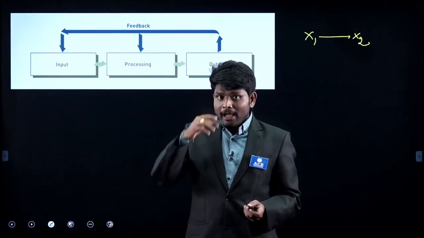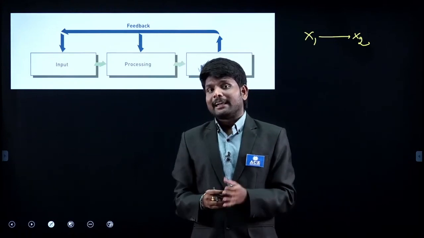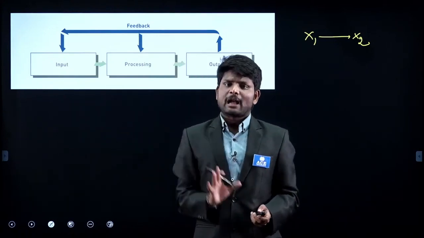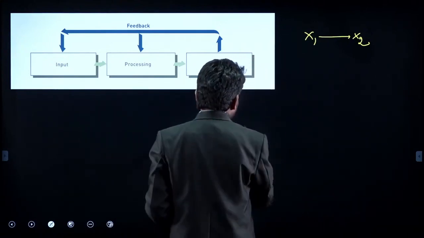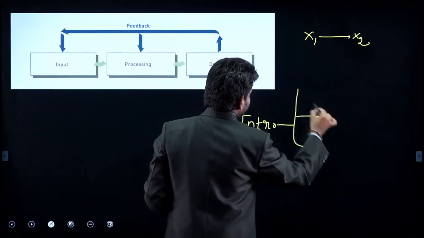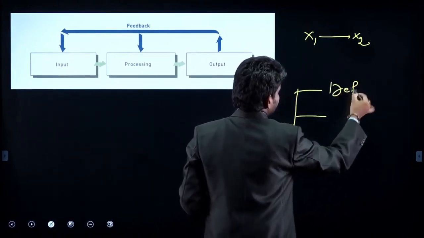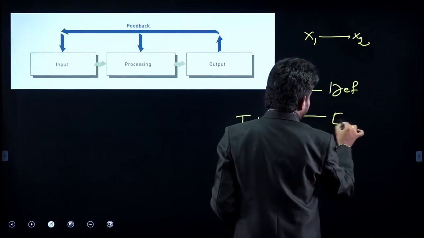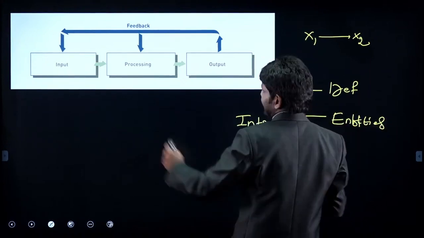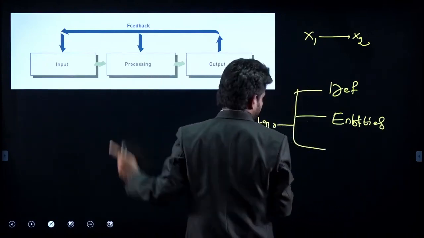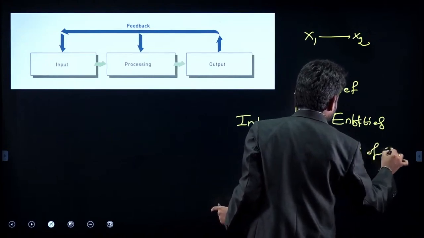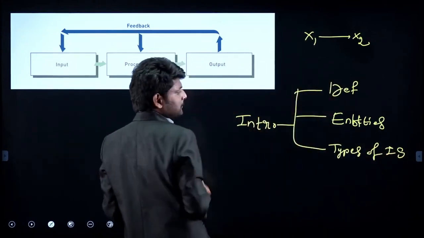So what I told you, I asked you to go through the previous year questions and collect what questions are coming from the introduction part and what questions are coming from the e-commerce part. Then what we have understood, in the introduction part, they are interested in definitions and entities involved in the information system. Here I have shown you the entities involved in the information system. What are the entities? Input section, processing, output section, and feedback. And what are the different types of information systems? So these are the things you need to learn from the introduction part.